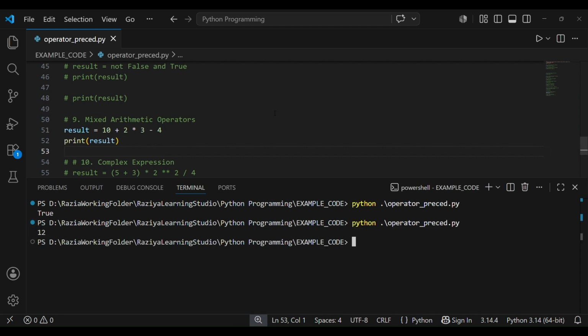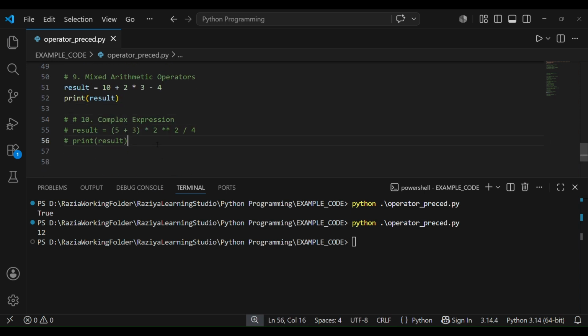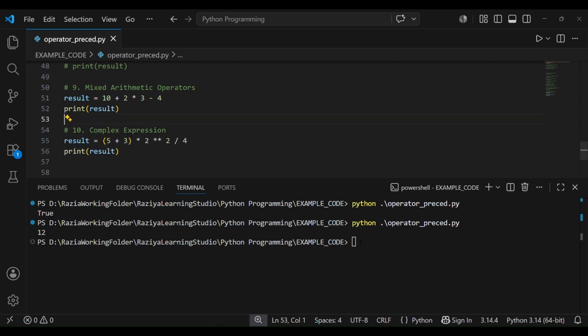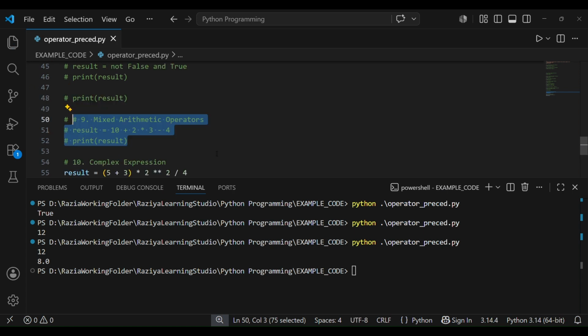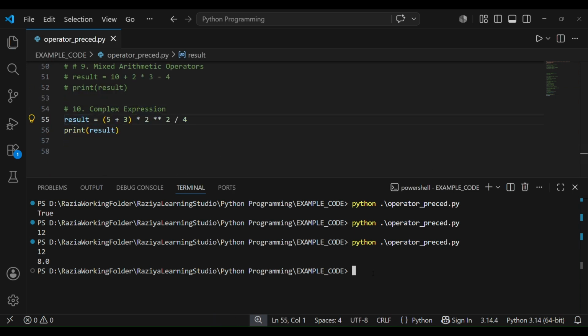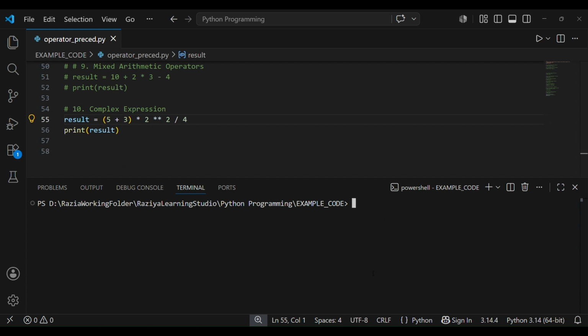See, 12. Got it? Now you can have complicated and complex expressions as I told you. So what you can do is open your Visual Studio, work on that and understand how things are working, so that it's easier for you also, and you also keep thinking. If you have any questions, post them. Here there are 2 results because I did not comment the previous one, so it is giving me the result for that also. So that you all don't get confused, I'm commenting the earlier code and just running one block of code.